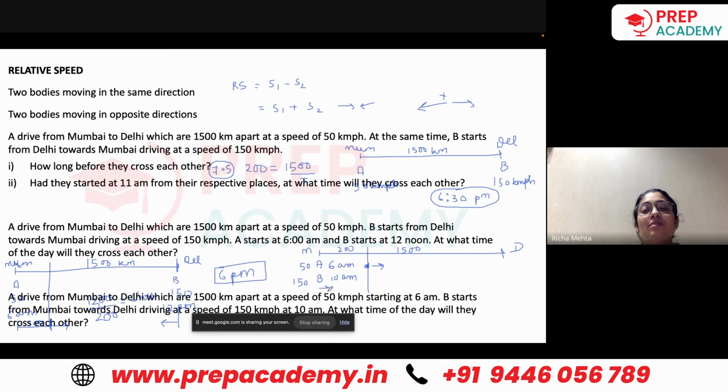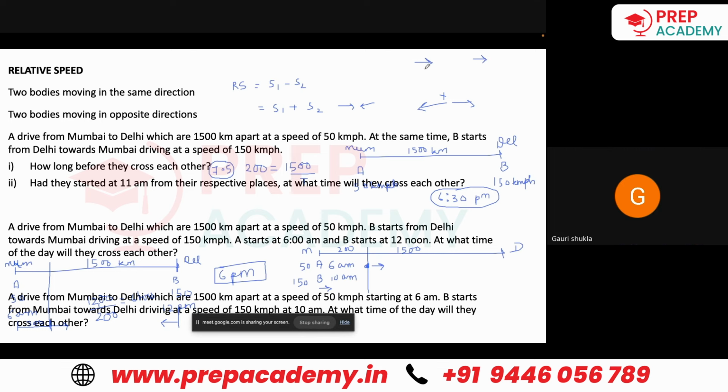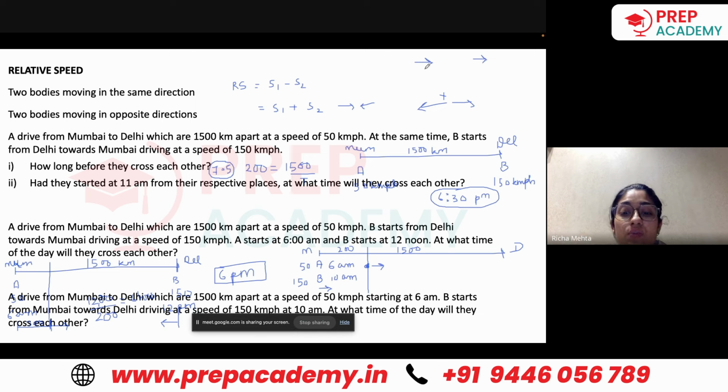Do you remember the Romeo Juliet case, when Juliet was going in this direction and Romeo was following her? So what was the relative distance we took in that case? The distance between Romeo and Juliet when they started moving together, which was 100 kilometers. So in this case, when A and B start moving together, the distance that B has to cover more